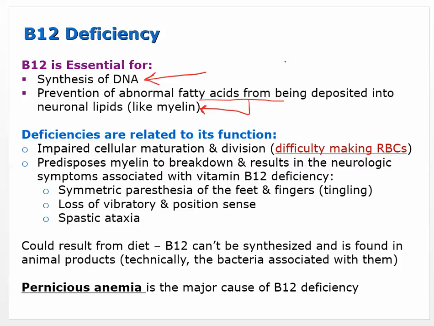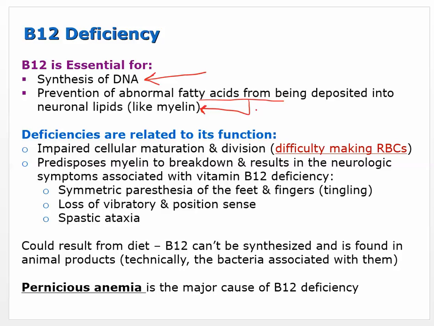Now, if you remember what myelin is, it surrounds the neurons and makes neuronal transmission go faster. Things like MS, the body attacks its own myelin, and that can cause some movement disorders. So if you don't have enough B12, in addition to the anemia that can result from that, you also can have